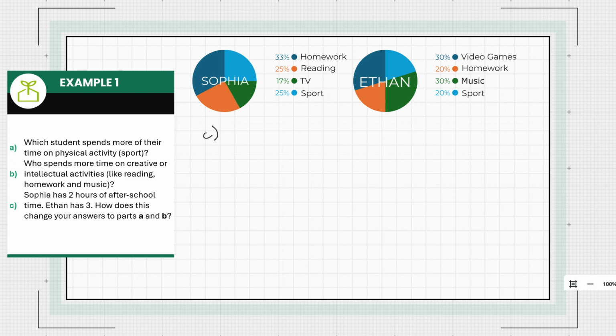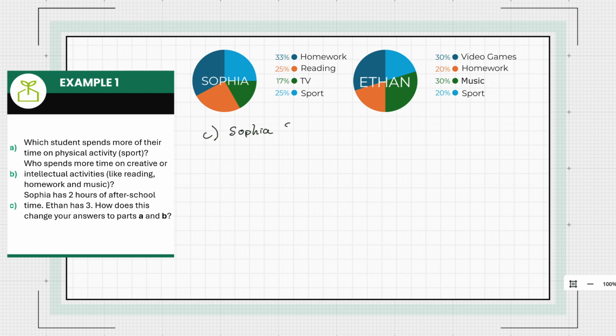Okay, for C, now we're told that Sophia has 2 hours in which she does all these activities, whereas Ethan has 3. So how does this change our answers to A and B? So what we need to do is work out, basically from our first one, what 25% is out of 2 hours, and then do the same for the next one. We need to really apply those percentages to the amount of hours. So if we start off with Sophia